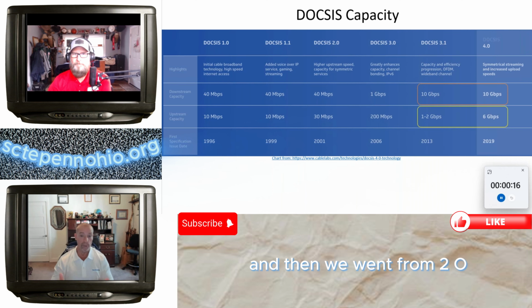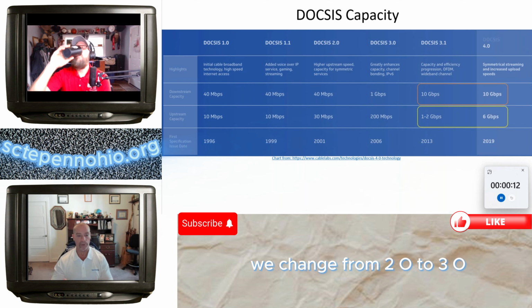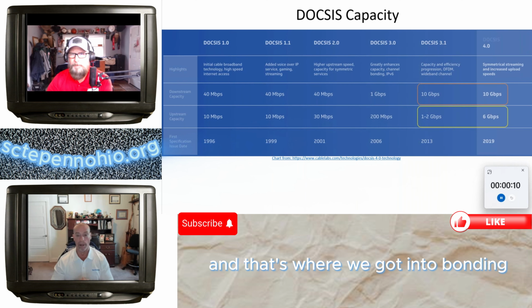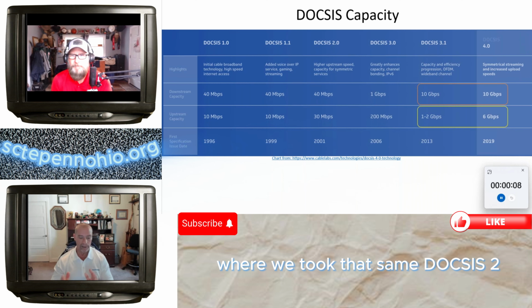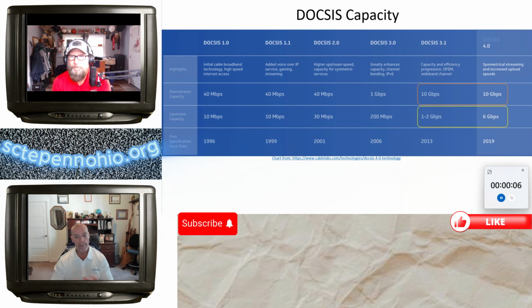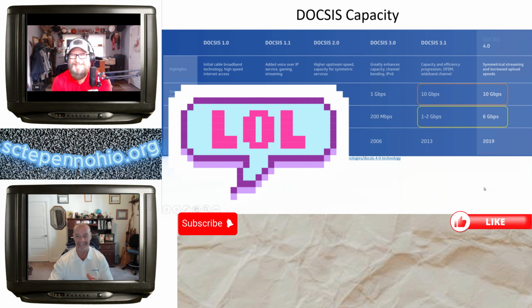And then we went from 2.0 to DOCSIS 3.0, another hardware change. That's where we got into bonding, where we took that same DOCSIS 2.0 physical layer stuff, but then we needed multiple channels and bond them together. And when we went to DOCSIS 3.1, now that's interesting because to me, 3.1,